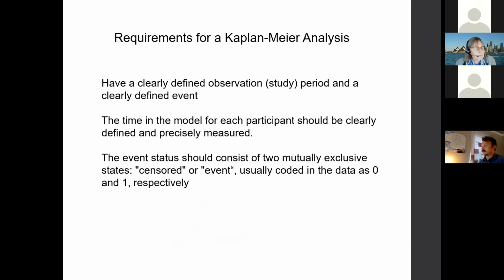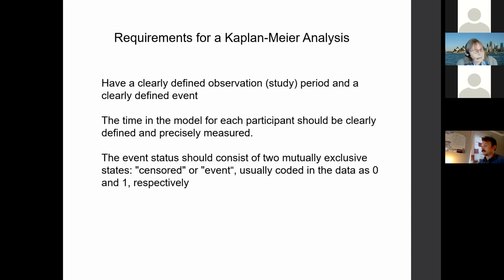Okay, requirements for Kaplan-Meier curve. You have to have your time to event data. So you're interested in when the event happens, but you also need a clearly defined observation or study period and a clearly defined event. Like, what exactly do you define as breast cancer specific survival or death? So when you plan your study, you would be sure to state these particular measurements or particular conditions. And also you need to be able to define the time in the model for each participant